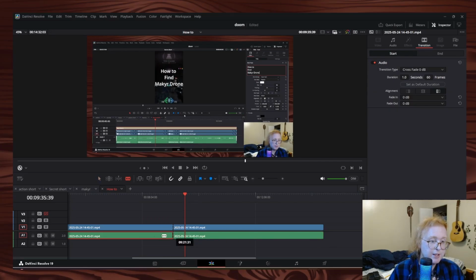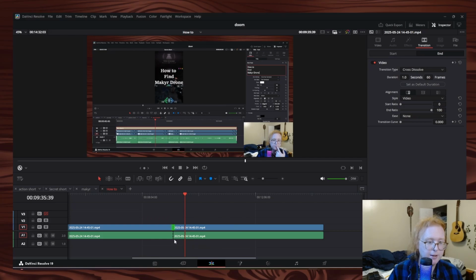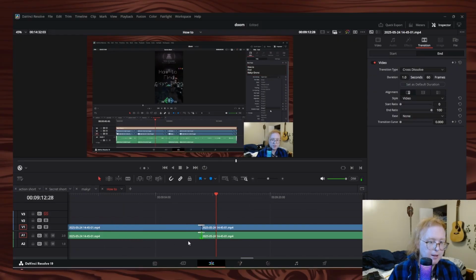Because, for example, you don't just need to add it at the beginning and end, but you can also add it in the middle. So say I want to put a 60 frame cross dissolve there, and I'll add one here too. Well, let's actually zoom in so you can see it a little better. At this point, you want to click the connection point, and since it's in the middle, you can see that for the start, it's in the middle, and is at the end of the clip. But if we click in the middle for audio,